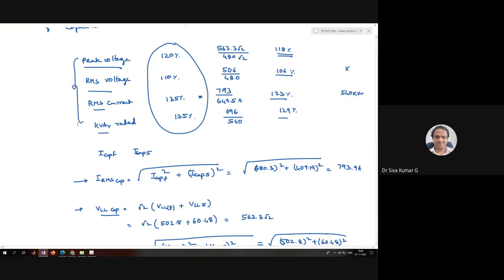Okay. In the next class, there are some other points to be discussed. Once we have evaluated the capacitor rating limits, we need to evaluate the frequency response also. I will discuss those points in the next class. If you have any doubts, we can ask.